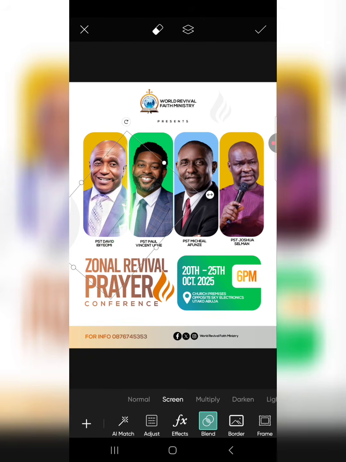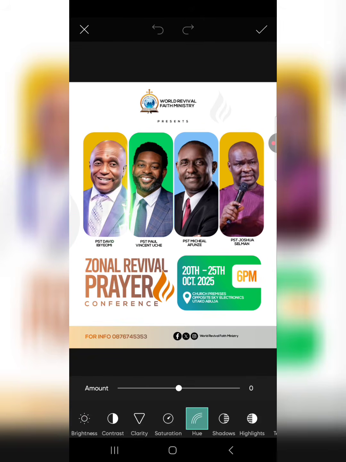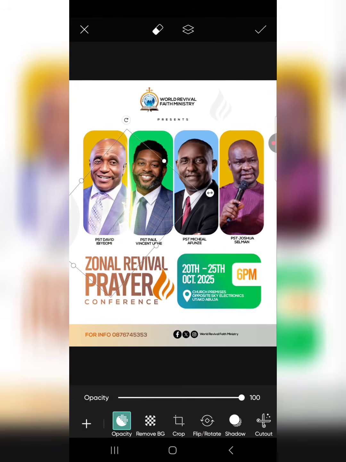So come back to adjust. You can go to hue and play around with the hue to your desired position. So I think this minus 41 is good. All right, so increase it in size and just leave it like this. So let's try to compress it a bit. Rotate again. So here you have to be just patient. Okay, now come up here,